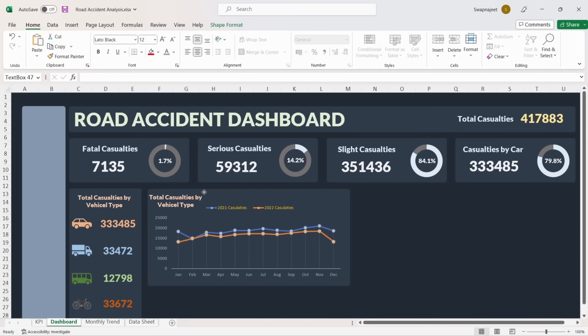Control C, Control V, and we will change it to current year casualties versus previous year casualties monthly trend. Perfect. So after creating the current year casualties versus previous year casualties monthly trend, we will go ahead and create